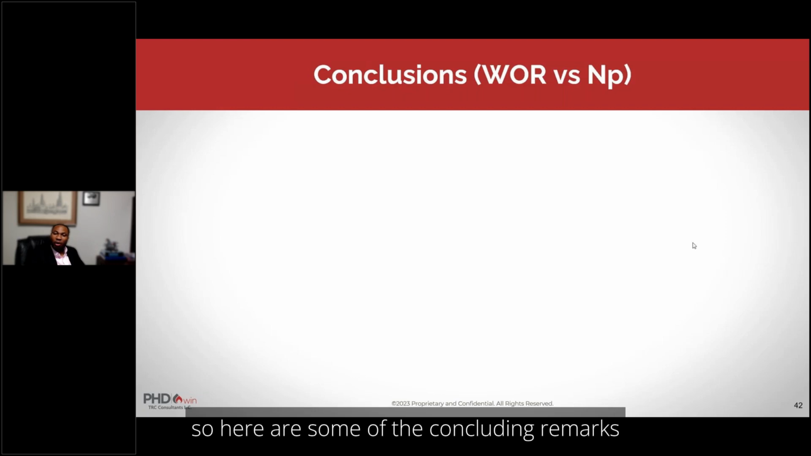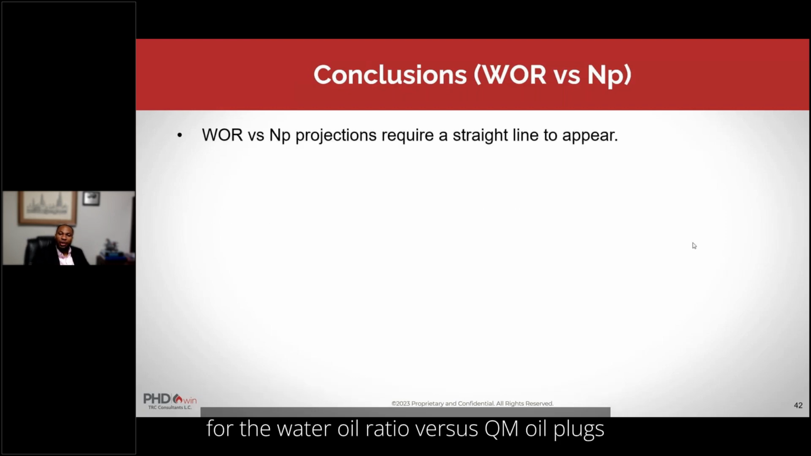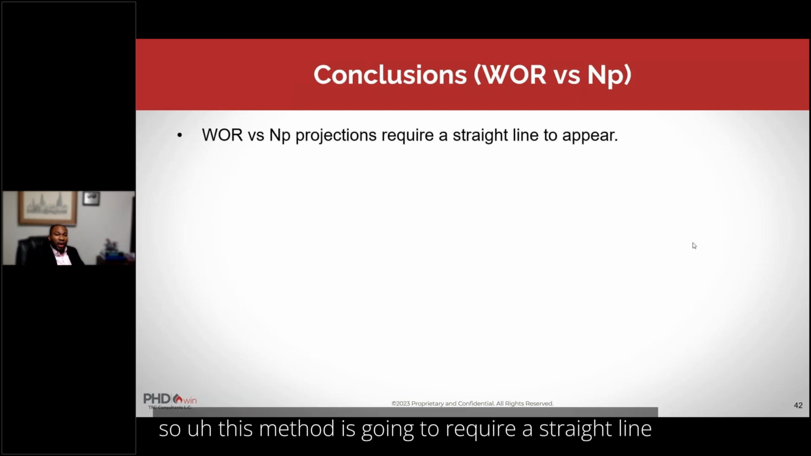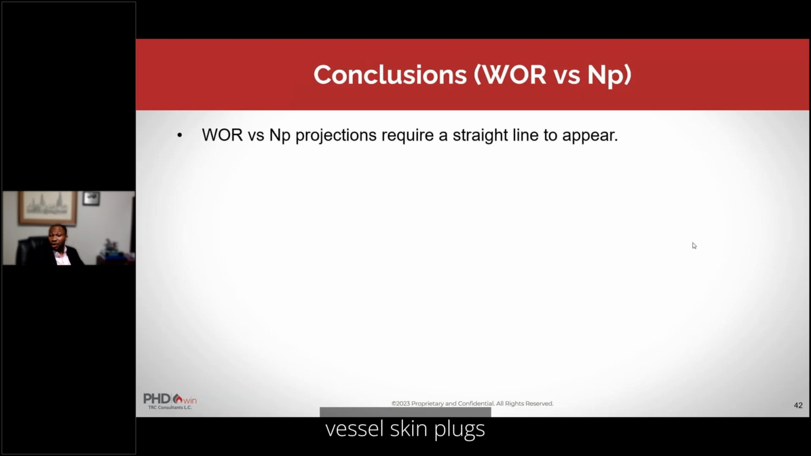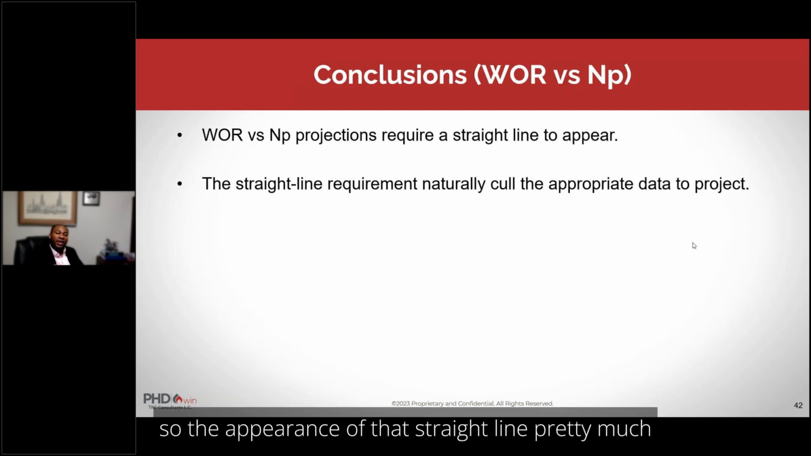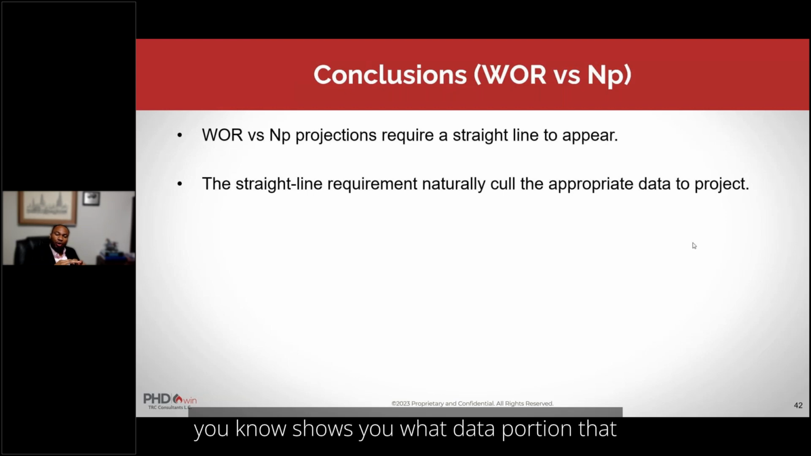So here are some of the concluding remarks for the water oil ratio versus cum oil plot. This method is going to require a straight line to appear on the log of water oil ratio versus cum plot. So that straight line is really, really important. The appearance of that straight line pretty much shows you what data portion you're going to be using